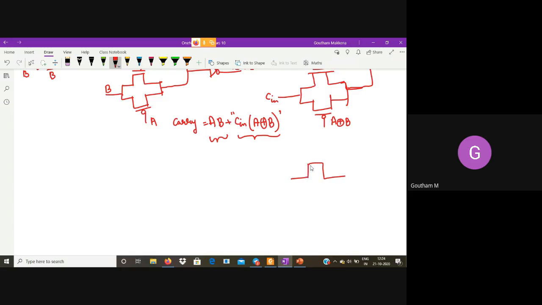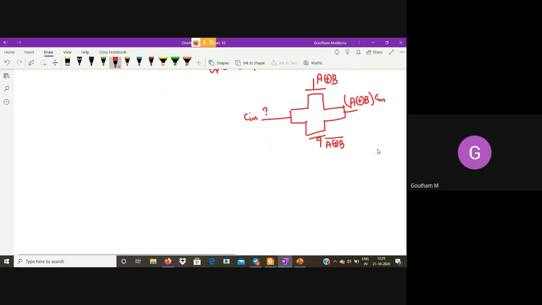So top transmission gate I am using to generate this particular expression. So I'll take the top transmission gate, NMOS and PMOS, NMOS here, PMOS here. So I'll put A XOR B here. If this is A XOR B, this has to be A XOR B whole complement. If you want the top transmission gate to implement Cin into A XOR B, what should come over here in this question mark? It has to be Cin. So this is now generating A XOR B into Cin.